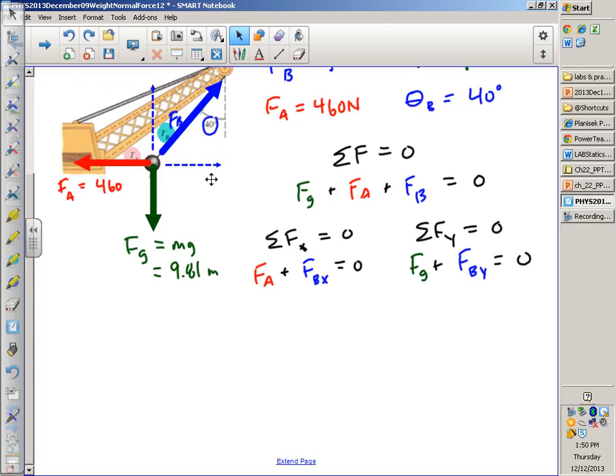If we have two forces on the x-axis, one points left, one points right, they have to add up to 0. If we know the one that points left, guess what the one that points right has to be? It has to be the same, just in the opposite direction. So, without writing that all down, I'm just going to make this assumption that now we know the x components of,